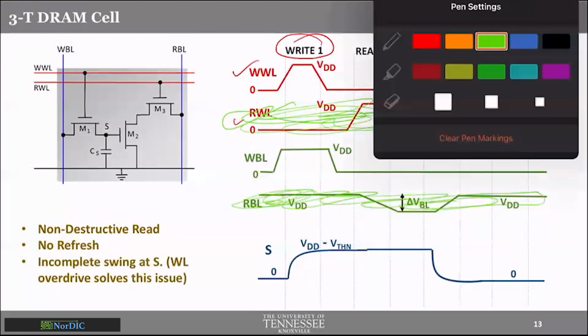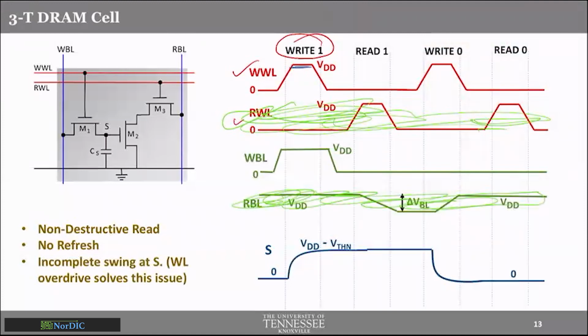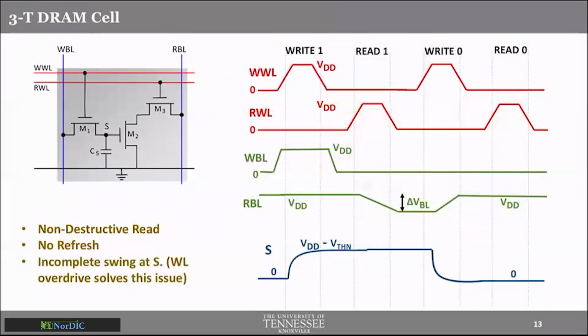And you can clearly see that when the word line turns on, the bit line is already set to VDD. You're writing VDD, that's why. Then the voltage at this node will rise to VDD minus V threshold, exactly like what happened to the 1T DRAM. Okay. Next, when you read one, that means now you're reading,